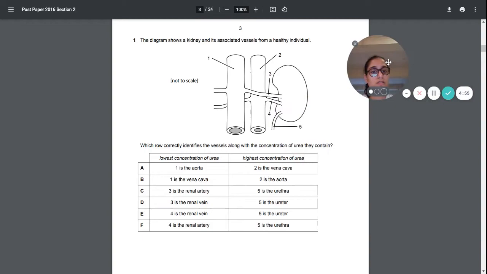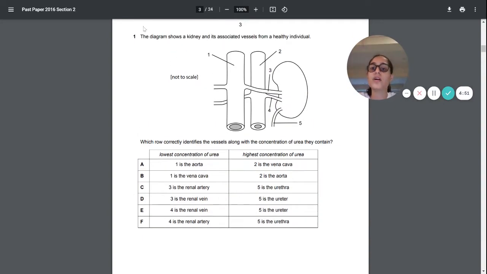Okay, so this is the 2016 paper, and we'll start with question one. Here we know the diagram shows a kidney and its associated vessels from a healthy individual. Which row correctly identifies the vessels along with the concentration of urea they contain? Okay, so